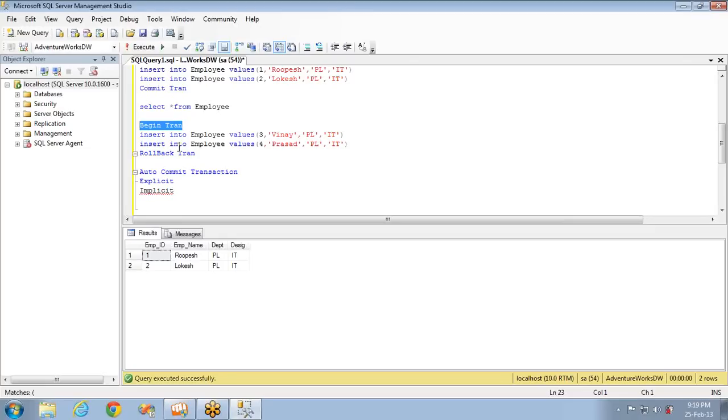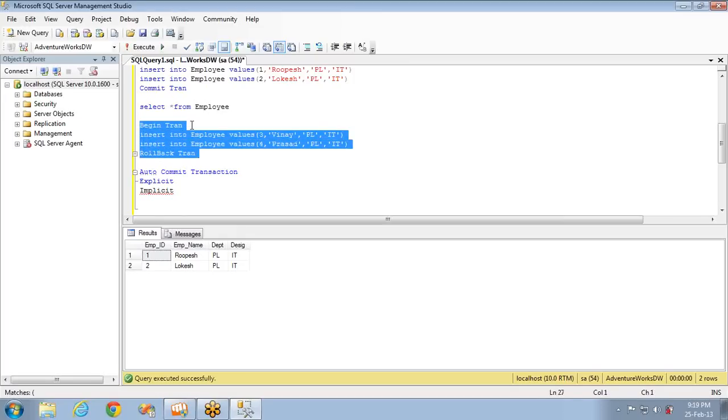If I don't specify the starting and ending point, SQL Server will read each statement as a single transaction. If you specify the boundaries, it will treat the complete set as one transaction.